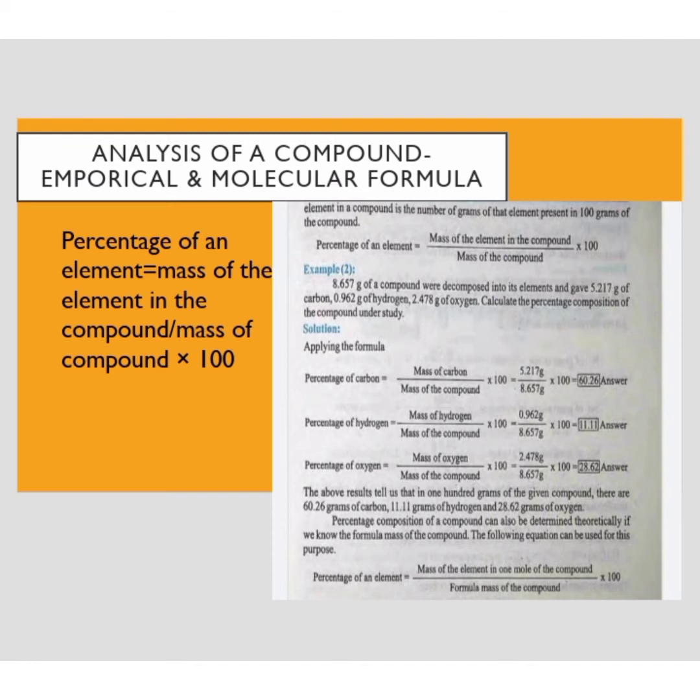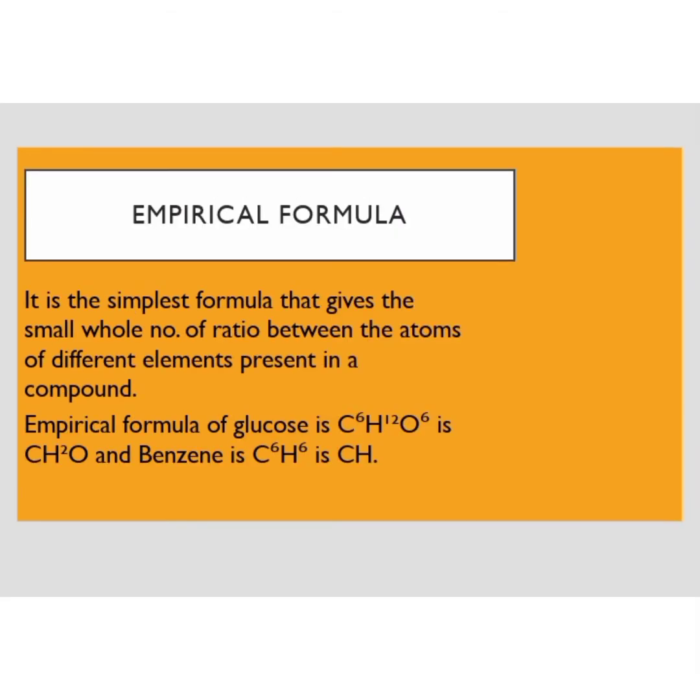You can see this. Empirical formula: it is the simplest formula that gives the small whole number ratio of atoms, that is, between atoms of different elements present in a compound. For example,